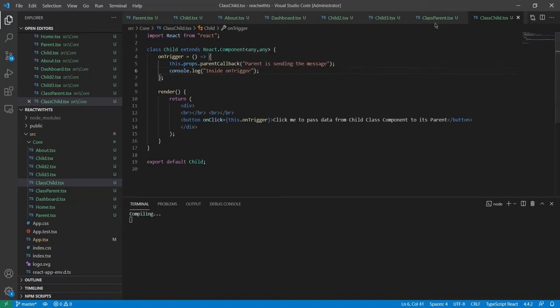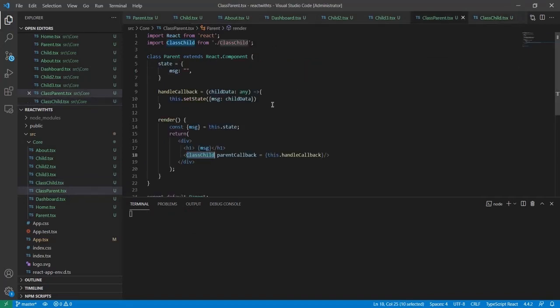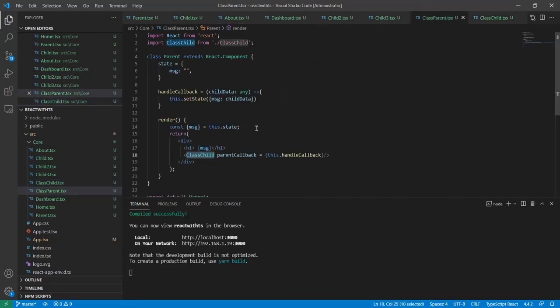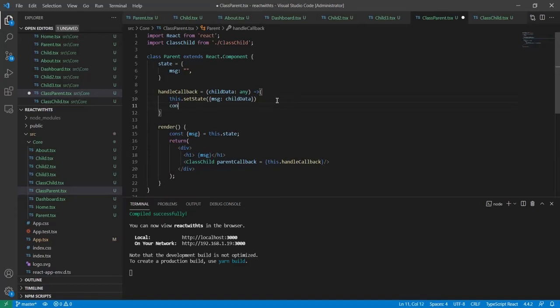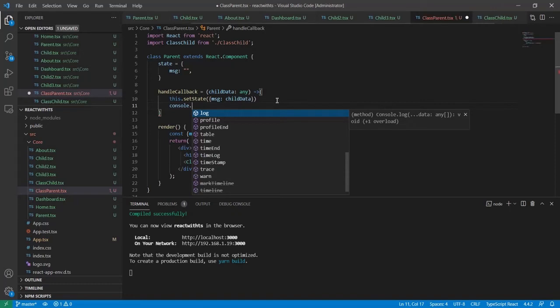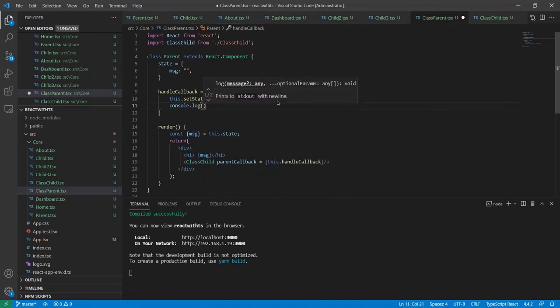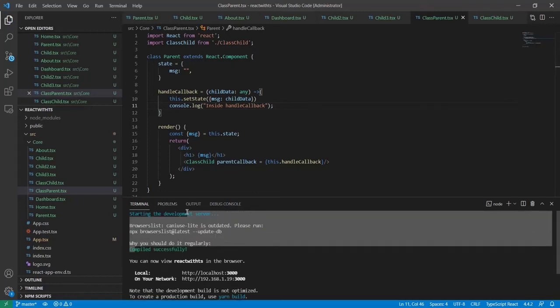Okay, and here in the parent I will put a console as well, so that we can see which method is called first. So here I will put again inside handle callback. Okay, so now I just saved, and you can see the development server has started again.